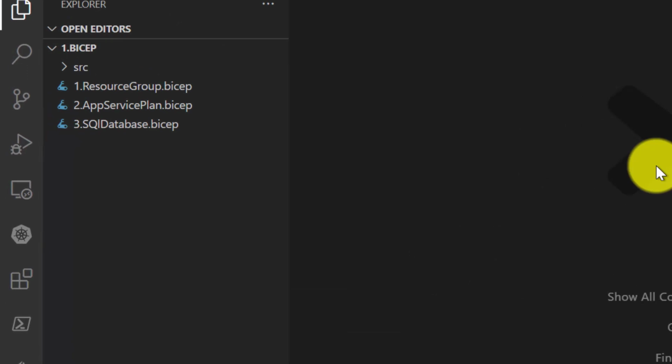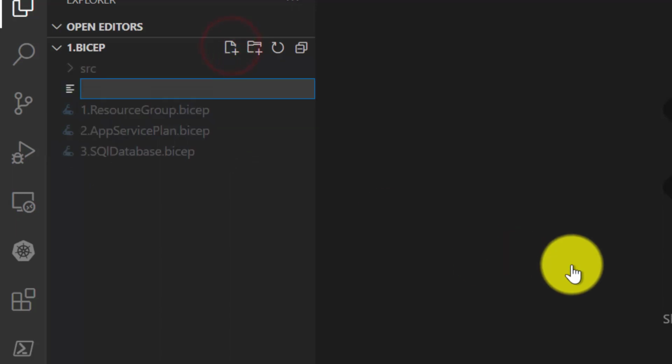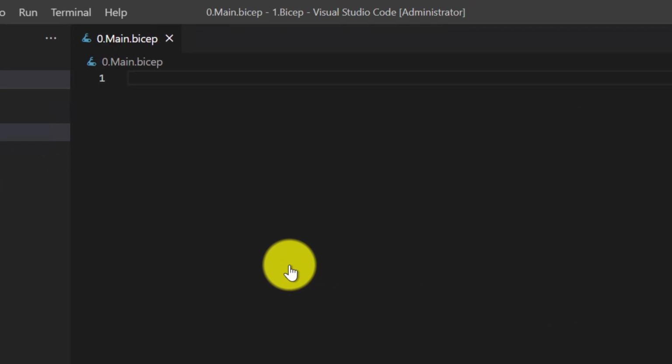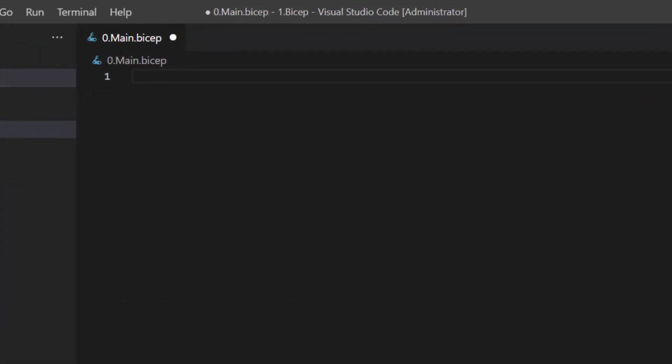Alright, I am inside Visual Studio Code now. Let's create a main module. It's the same as creating any other module. I will name it 0.main.bicep. Let's now understand how to invoke the app service plan module.